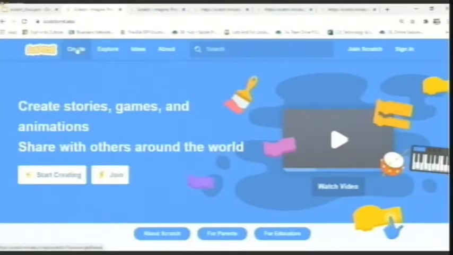So this particular tab will help you in opening an online Scratch portal where you can do everything: your animations, your games, your interactive subjects. All the content can be created using this particular tab right here, which is Create. And next, I would like to take you through the Explorer.